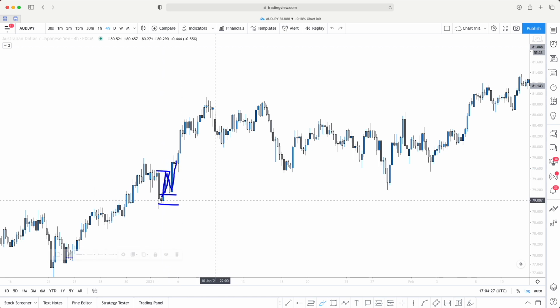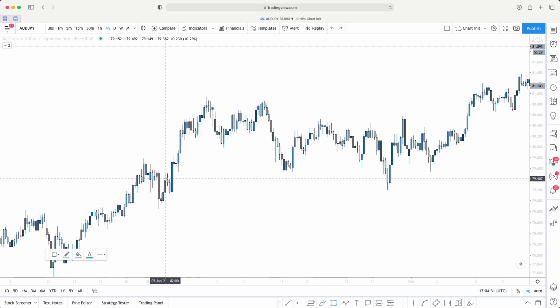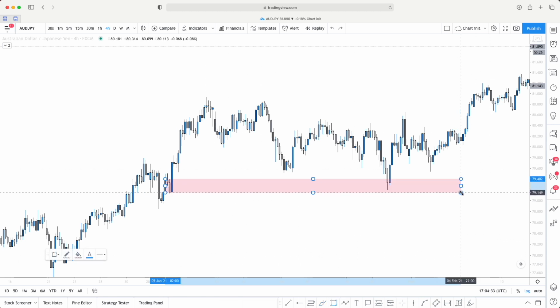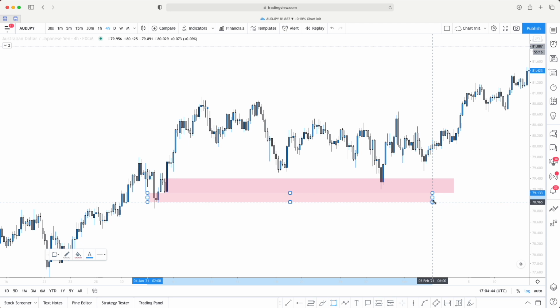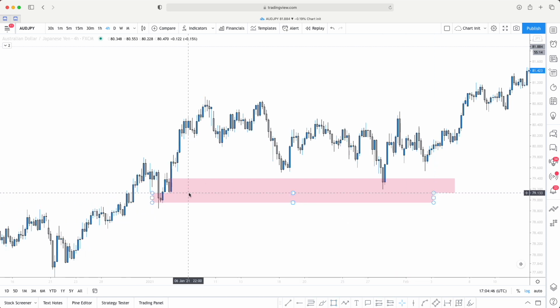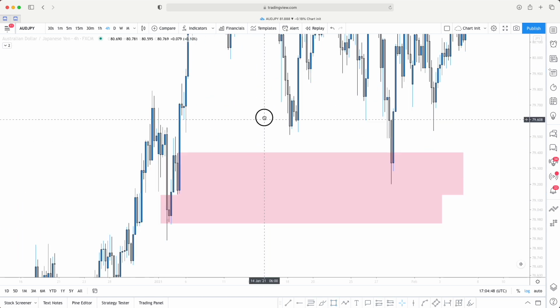So in terms of marking out a point of interest, which is essentially your OB, it's going to be this one, and it makes complete sense why price reacted off that. So some people would mark out the most extreme one, which is probably down here. And yes, there's a little bit, is there a little bit? I mean,